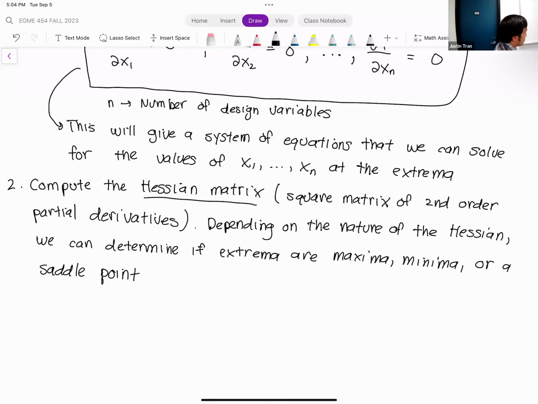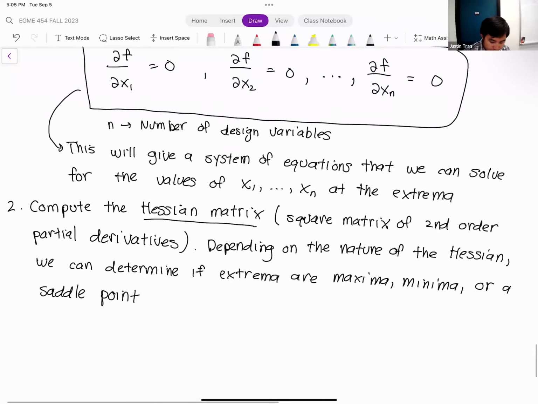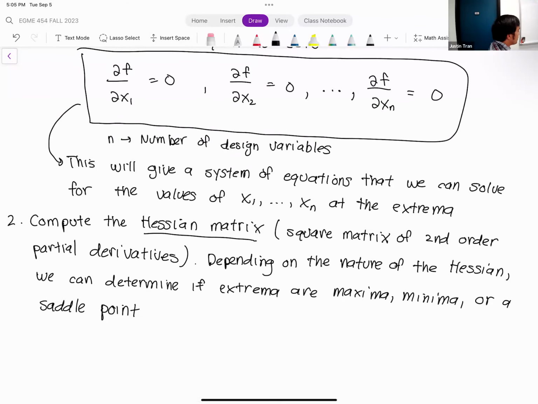All right, so there's a couple of things here. First of all, we have to learn how to actually compute the Hessian matrix, which we'll do first, and then next we'll talk about how you can tell from the Hessian matrix whether you have a max, a min, or saddle. Let me just pause here for a second though. Are there any questions on this so far? Okay. All right, so let's go ahead and learn how to compute the Hessian matrix.